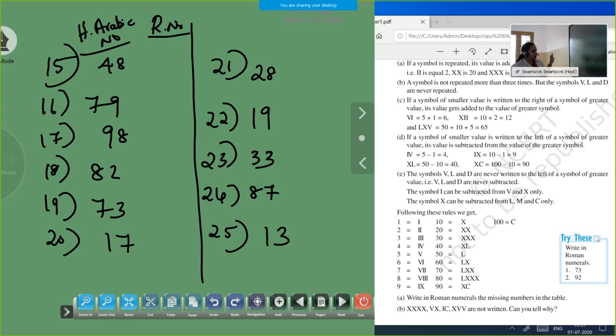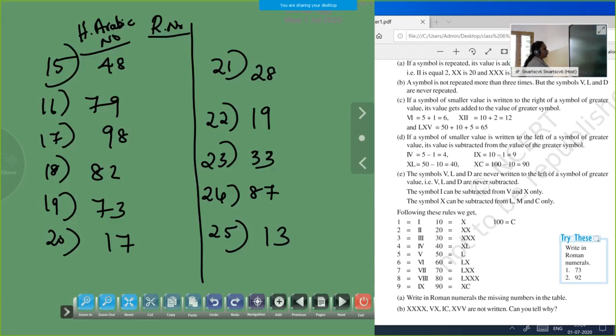So like this, hope you have done the questions. First make the questions. At the end of the session, teacher will ask the answers. Okay, children? So shall I move to the next page? Hope you have done the questions. Shall I move the page, children? It's completed. Do you want to see the previous page one more time?